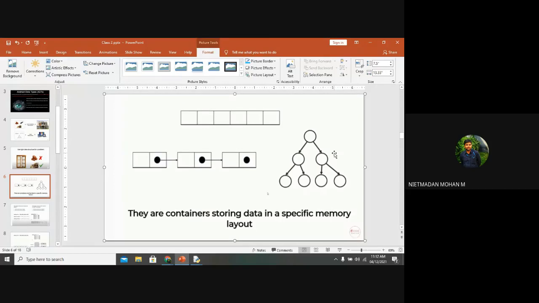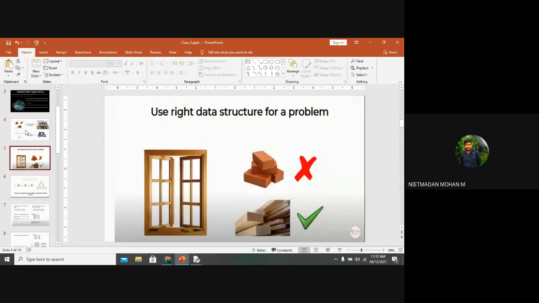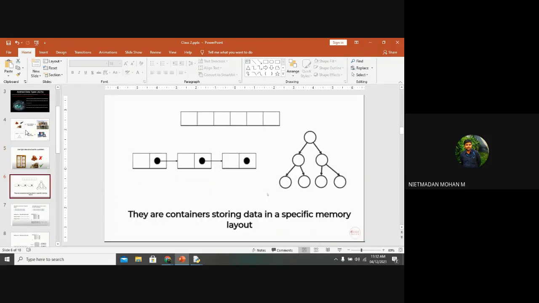So first, you want to select the appropriate data structure and the code instructions to develop the application or website, whatever project you are going to design. Second, keep in mind that the right data structure has to be declared in your program to develop the lines of code. And third, these three will play a major role in data structures: the list, the linked list, and the tree concept.